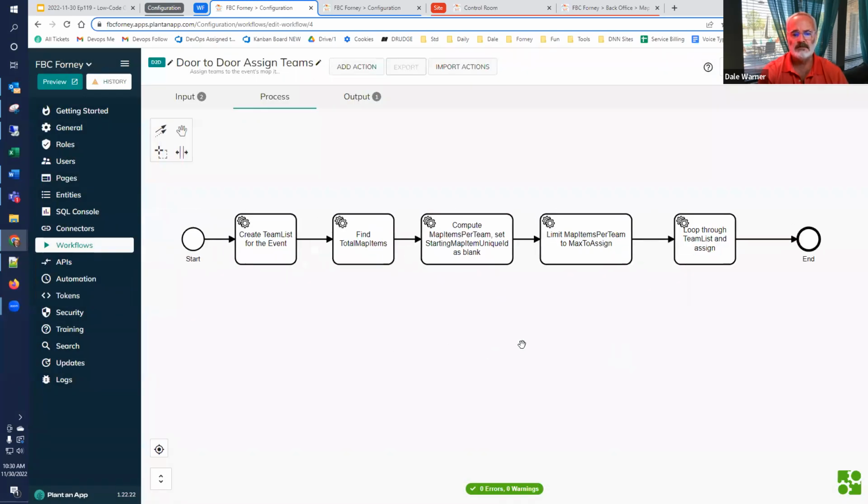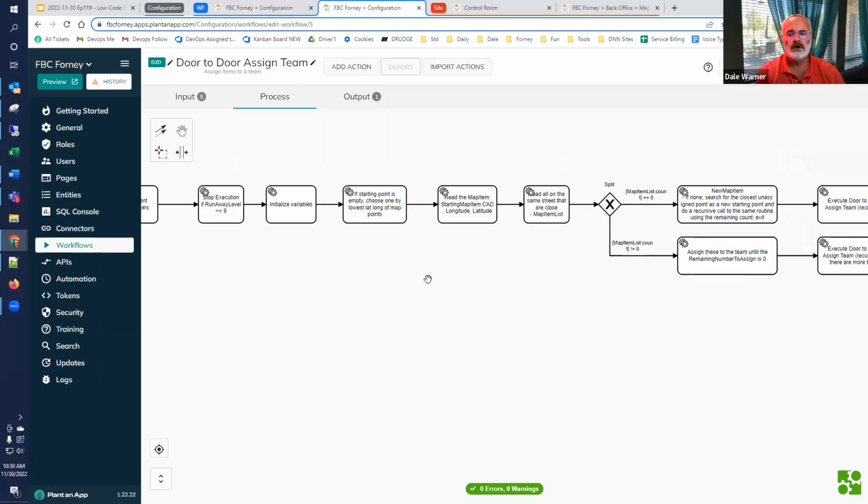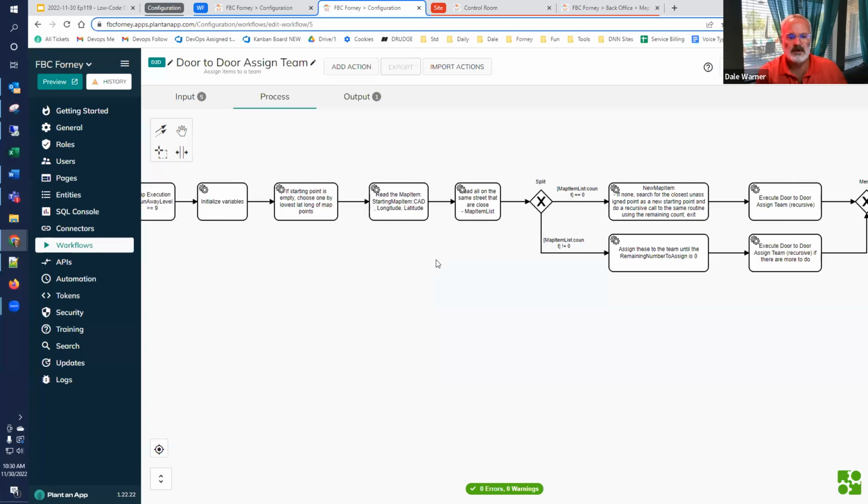And that's it. So long as the subordinate routine does its work, each team is going to get their assigned addresses, and we're done. So let's take a look at that second level. And this is where we actually get into the recursion. If we take a step back here,